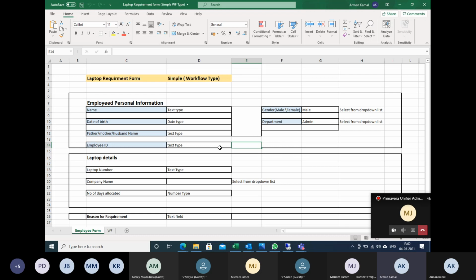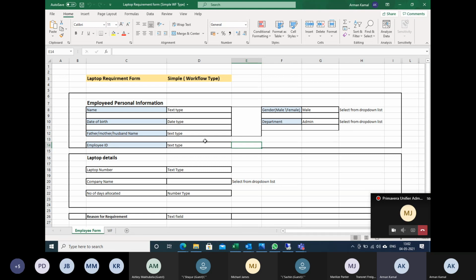Now here you can see that in this particular BP, the upper half is something which is required to be pulled from the other BP.